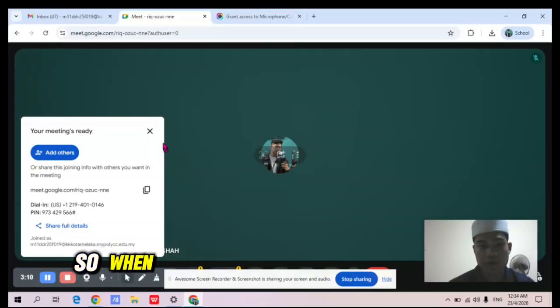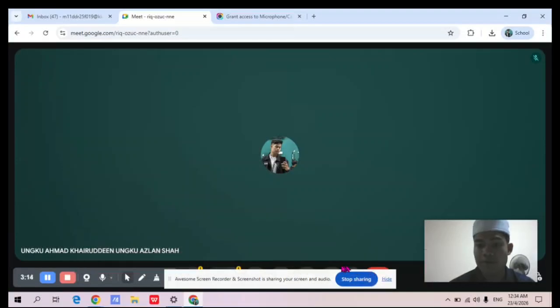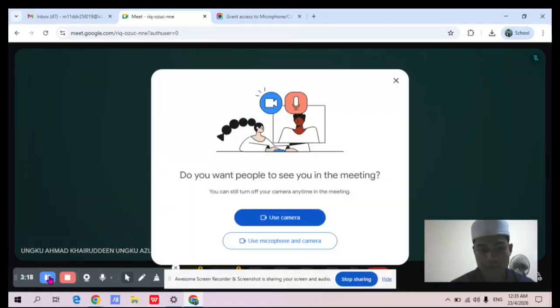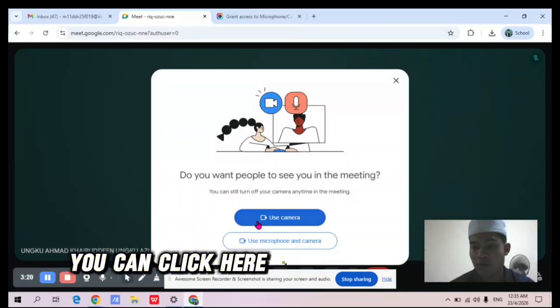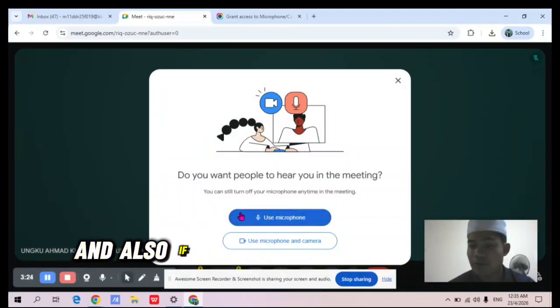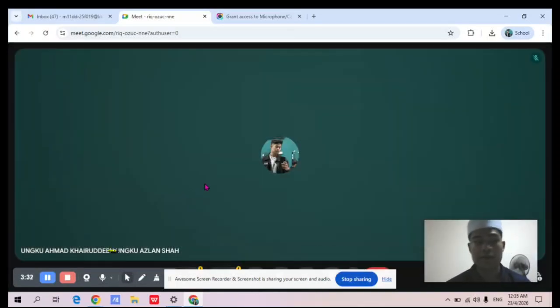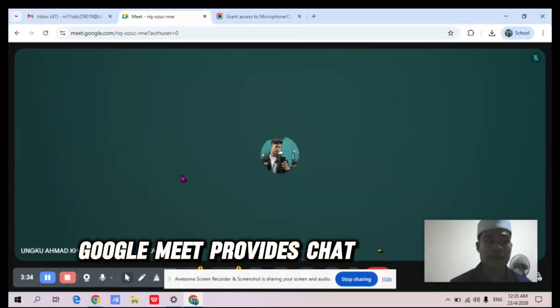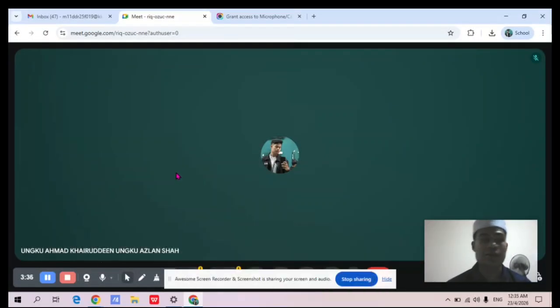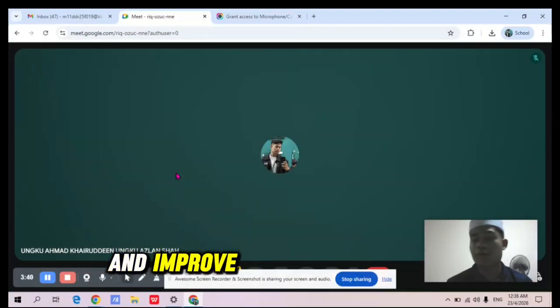So when you want to open your camera, this is the button. You can click here to open your camera. And also, if you want to speak to your friends, you can turn on your microphone. Other than that, Google Meet provides chat and screen sharing features so that you can communicate easily and improve your